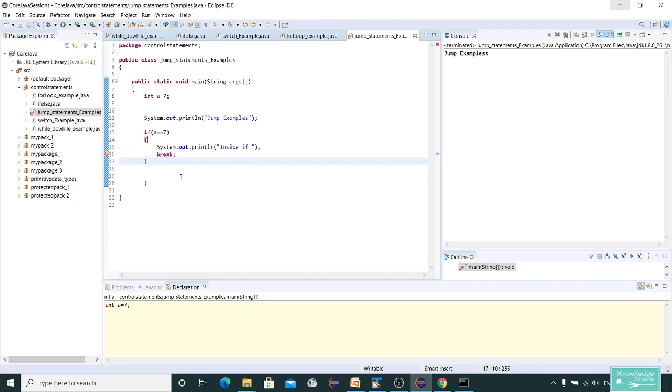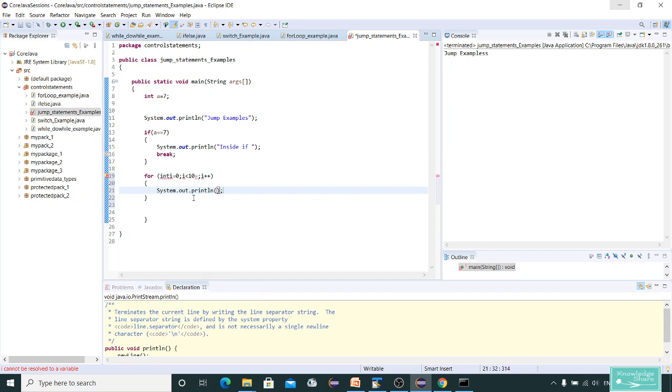Now let me take a for loop: for int i equal to 0, i less than 10, i plus plus. Now I am going to print system.out.println, i value is plus i.